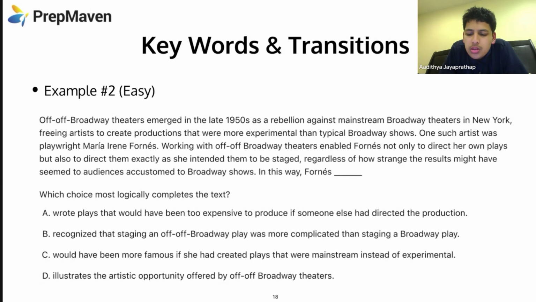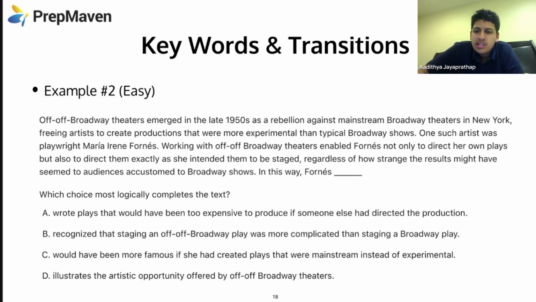So, the ones that don't make sense. Yeah, you can also do any that don't make sense. Maybe definitely A. Yeah, definitely A does make sense. It could definitely show an opportunity. I agree. For C, I don't think it would make sense because whatever you go for, it could probably still be famous. Yeah, so it's definitely not C for sure. I don't think it would be B either because